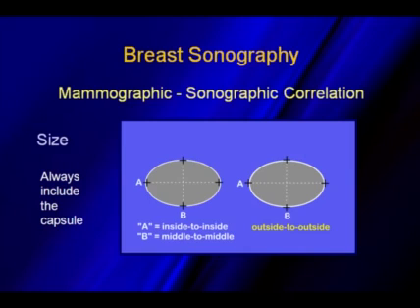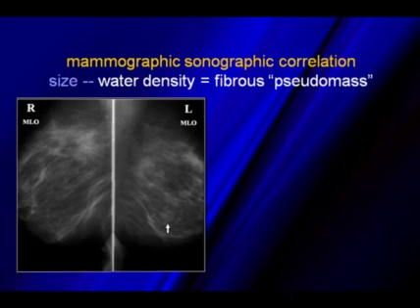And in our department, we do include the capsule on all of our measurements. If we're trying to correlate mammography to sonography, the capsule is a water density. But the biggest thing, make sure everybody in your department is going to be measuring things the same. Now, looking at mammographic-sonographic correlation, here you can see that there's this area of lesion appears to be in the